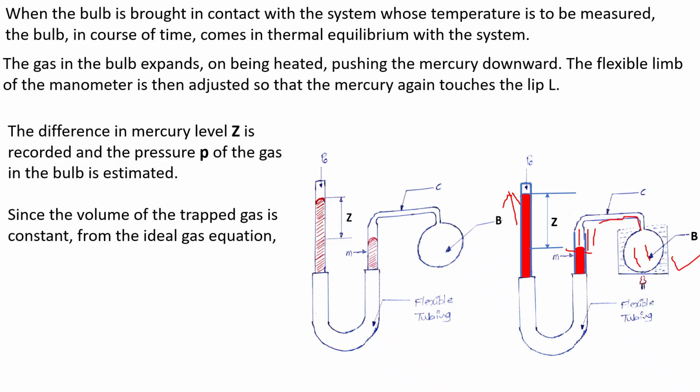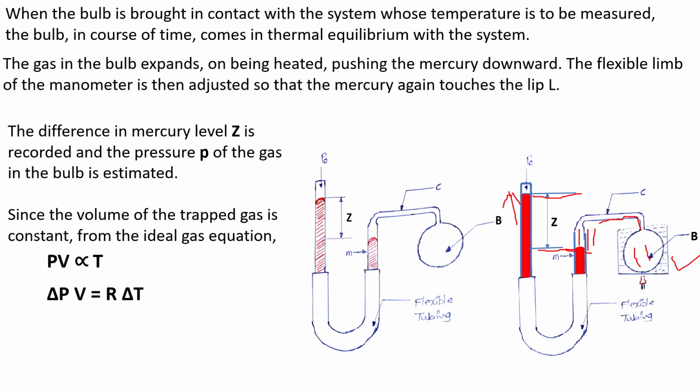Then the difference between the mercury levels, that is capital Z, is recorded and the pressure P of the gas in the bulb is estimated. Since the volume of the trapped gas is constant, from the ideal gas equation we can state that PV is directly proportional to the capital T. So here V is constant, then the change in pressure, that is delta P into V,